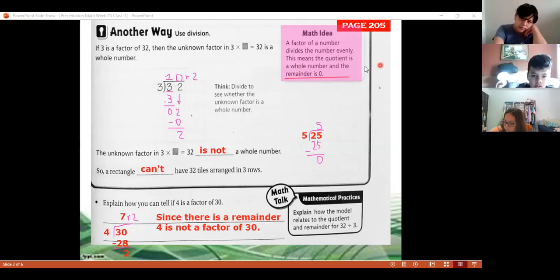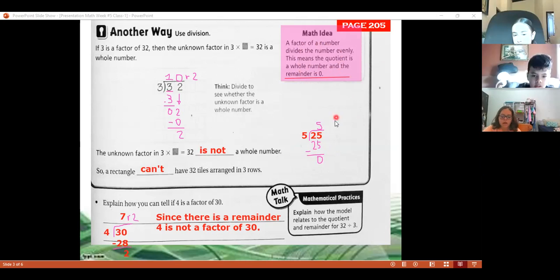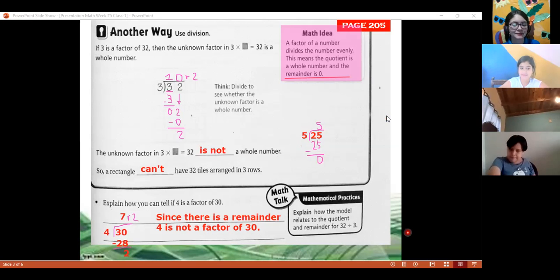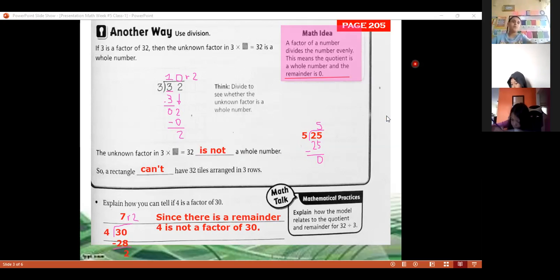Yes. R is 0 and I will say remainder 0. Okay, yes, we can say yes because we don't have a remainder, right? Yes, there is no remainder. So if you have a remainder, it's not a factor. So we can say that 5 is a factor of 25. Yes or no? Yes. Okay. Any other questions? Finish the copy.